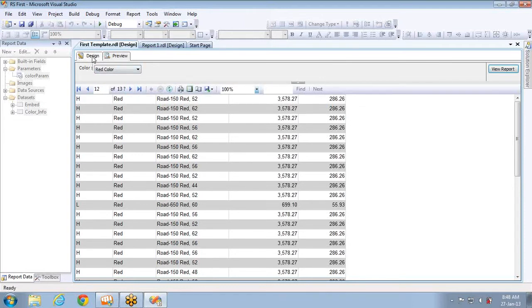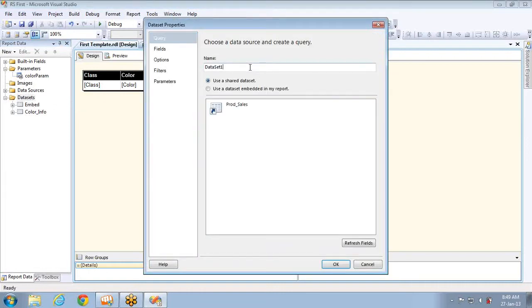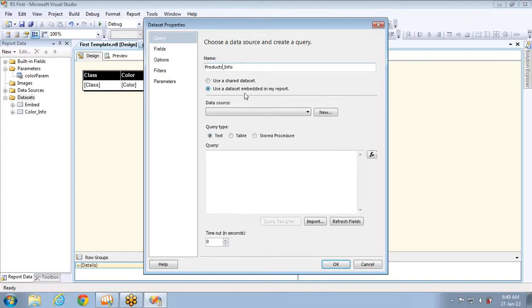Now let's see how to add another parameter, English product name, to filter the data based on products too. For doing the same, the first step is I have to create a data set to load the products that are present in the database. So as part of the first step, I'm creating a data set and I'm naming it products info, as you can see here, and I'm taking a shared embedded data set by taking the AdventureWorks as data source.